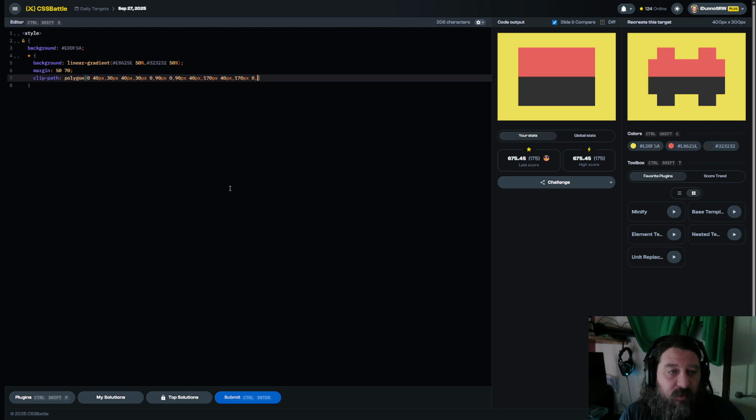How wide was the first one? 60 pixels, so let's try 230 pixels, 0, 230 pixels, 40 pixels, 260 pixels, which is actually 100%, 40 pixels,